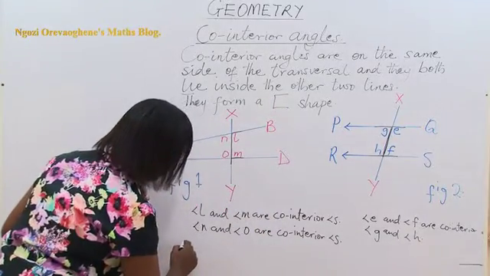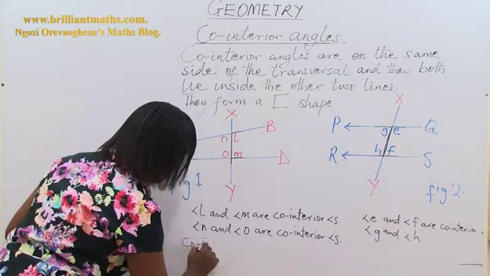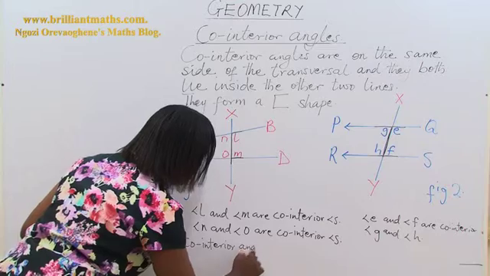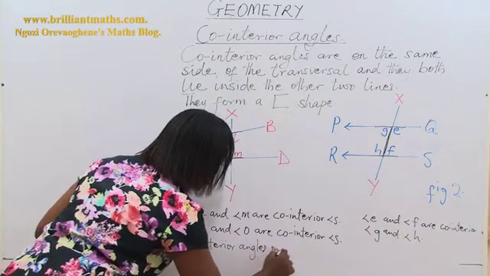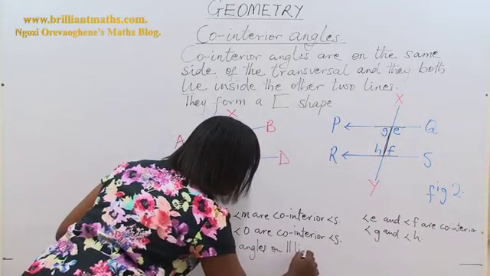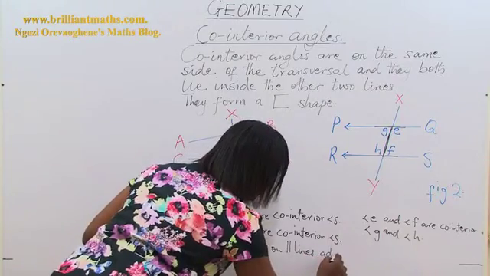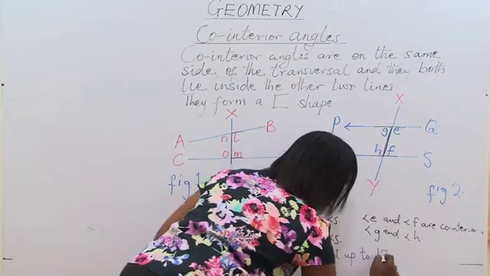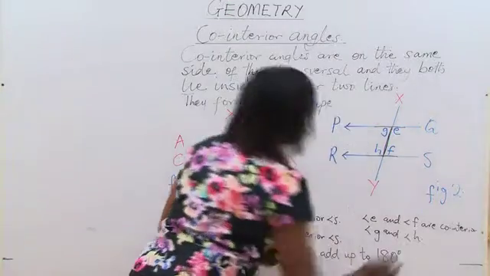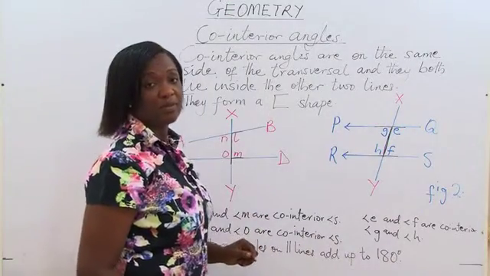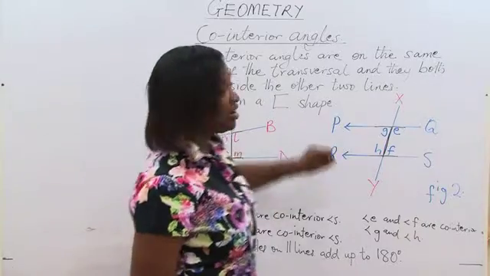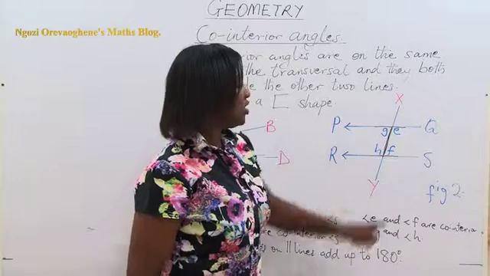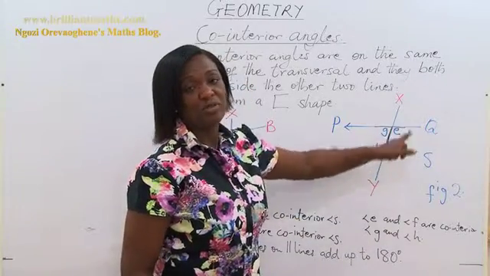So, co-interior angles on parallel lines add up to 180 degrees. So anytime you have parallel lines and you identify the co-interior angles, you know that the sum of the co-interior angles will be equal to